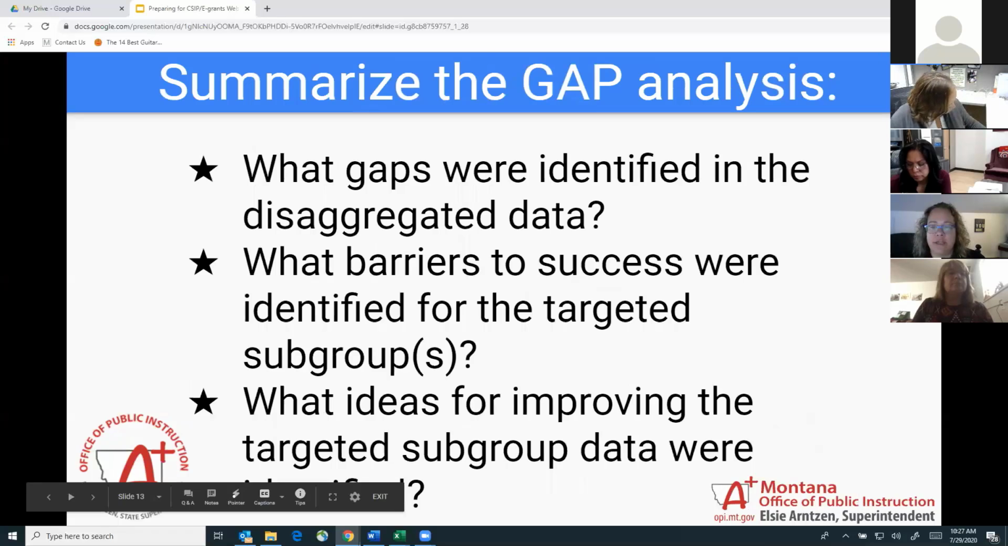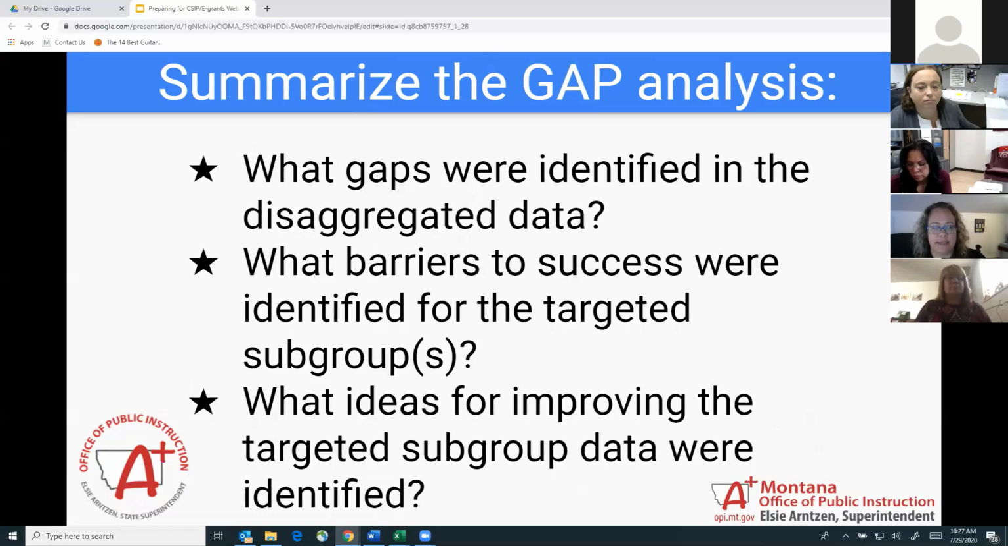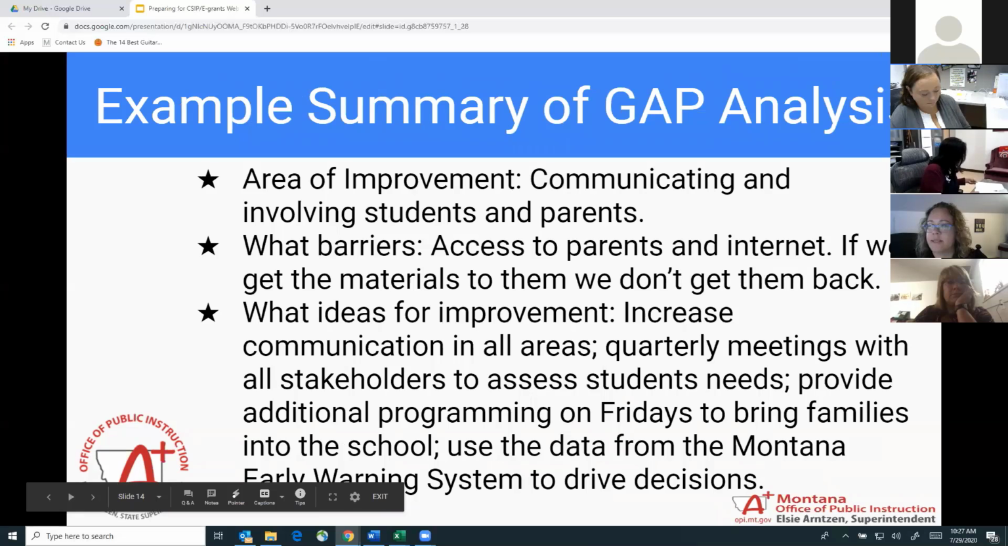So the next question will be these exact parts. Summarize your gap analysis. What gaps were identified in the disaggregated data? What barriers to success were identified for the targeted subgroups? And what ideas for improving the targeted subgroup data were identified? And on the next slide, we have an example of how this could be